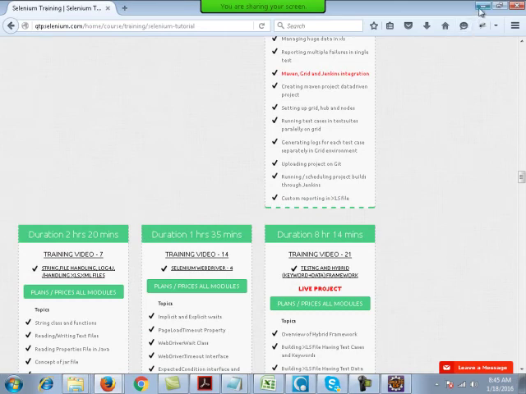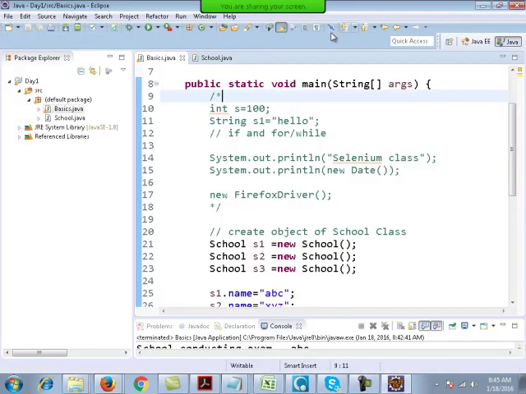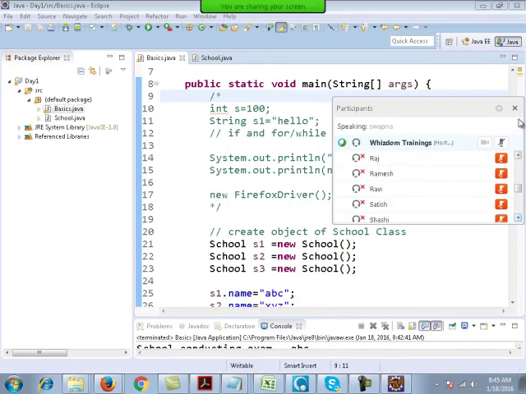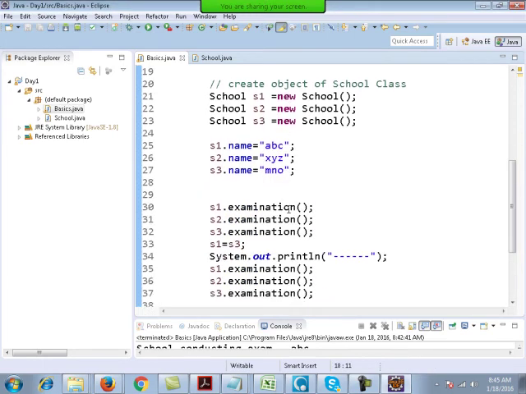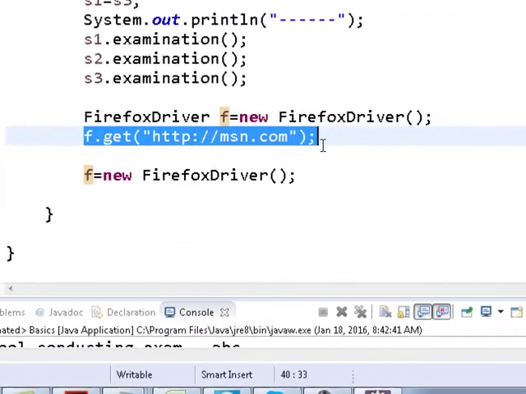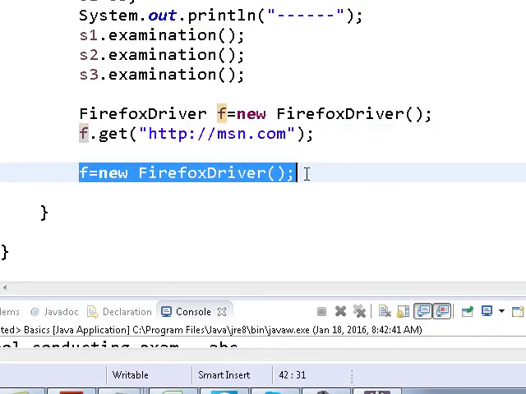Anybody else having any question? Swapnali. Yeah. In the program which you have created now, you have created the reference like f is equal to new Firefox driver, and you have given a command, and a second time also you are taking the same reference for the second Firefox driver.